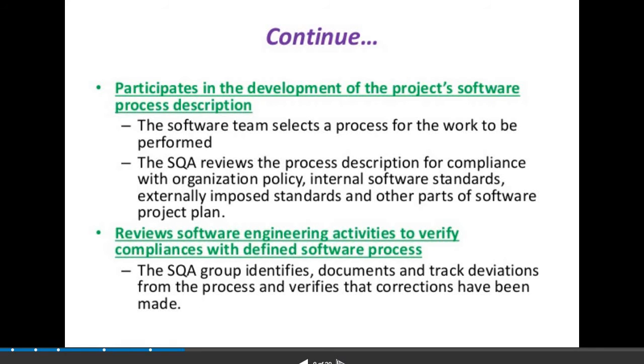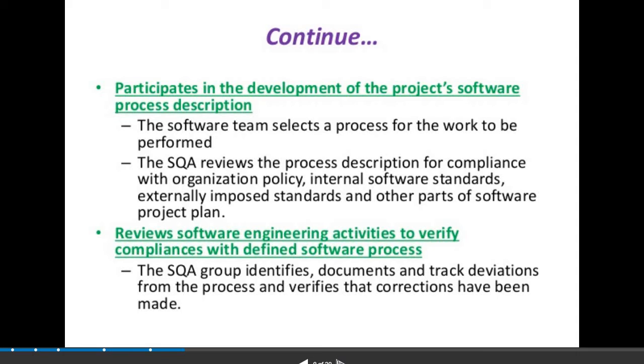Now, participate in the development of the project's software process description. The software team selects a process for the work to be performed, and software quality assurance reviews the process description for compliance with the organization's policy, internal software standards, externally imposed standards, and other parts of the software project plan.